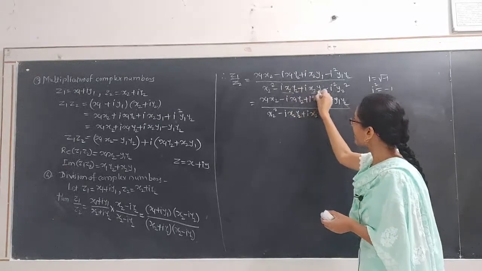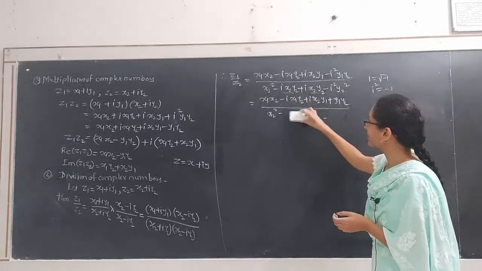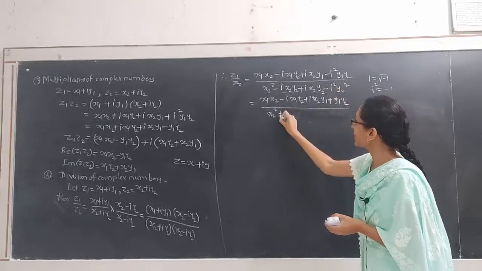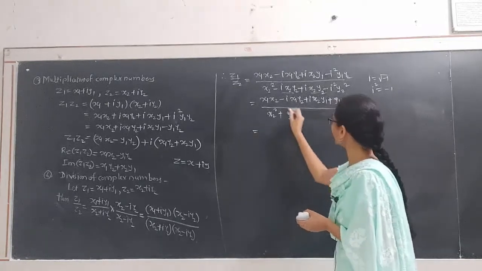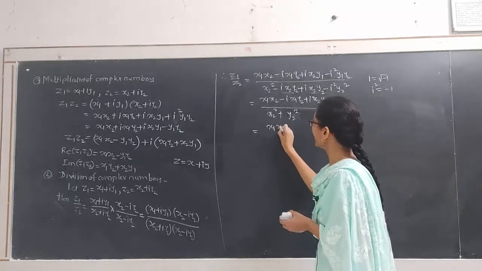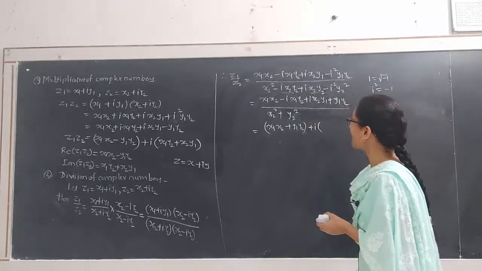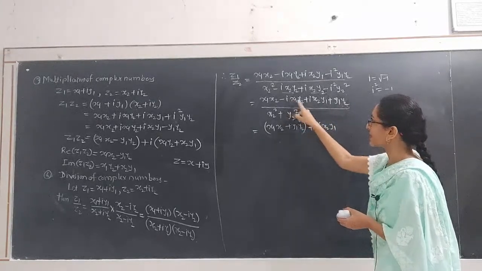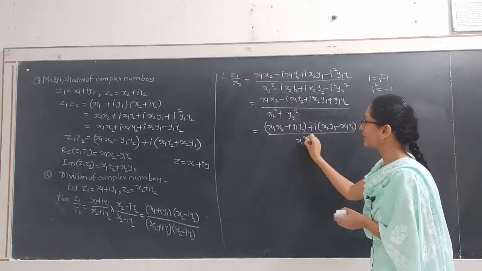See, these two terms are the same but opposite in sign, so they cancel, and their sum becomes 0. I square value is minus 1, minus into minus will be plus, and the term is y2 square. If we add real part to real part, in the numerator we get x1 x2 plus y1 y2, plus the imaginary part, which is a multiple of i, x2 y1 minus x1 y2, divided by x2 square plus y2 square.